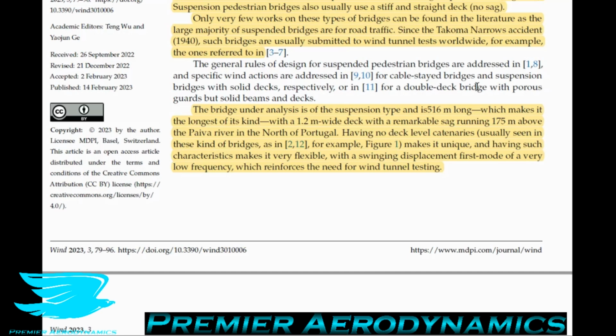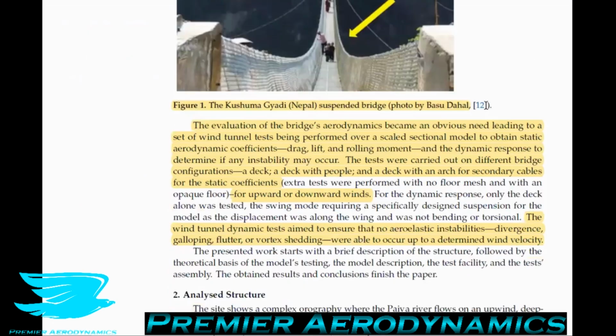So what does that mean? Because it doesn't have these wires running along to stabilize it, the frequency of swinging for this bridge is quite low, which means that potentially a wind could excite it, and you'd have the same problem happening as the Tacoma Bridge in some sense. So they need to do some wind tunnel testing to see if this will happen or